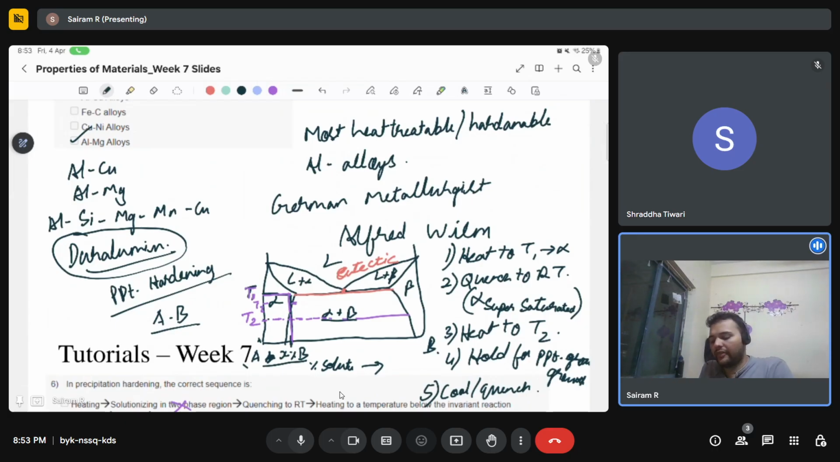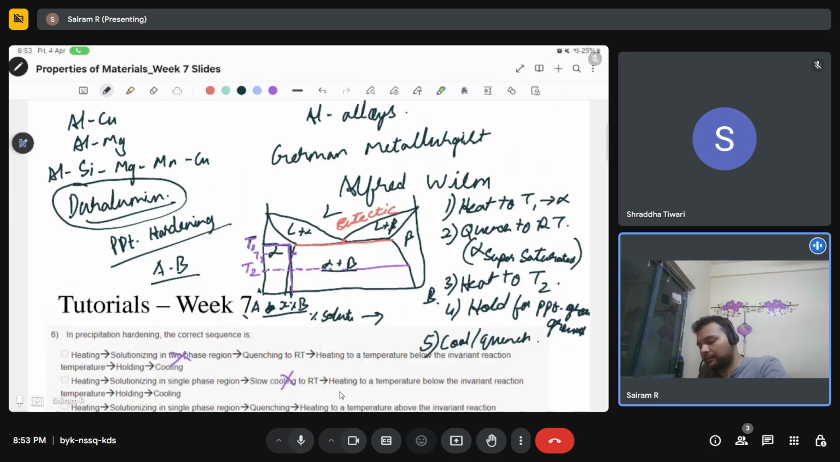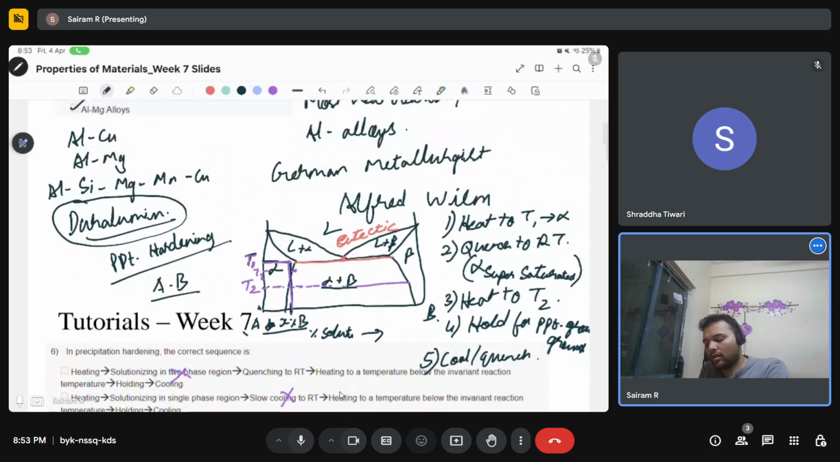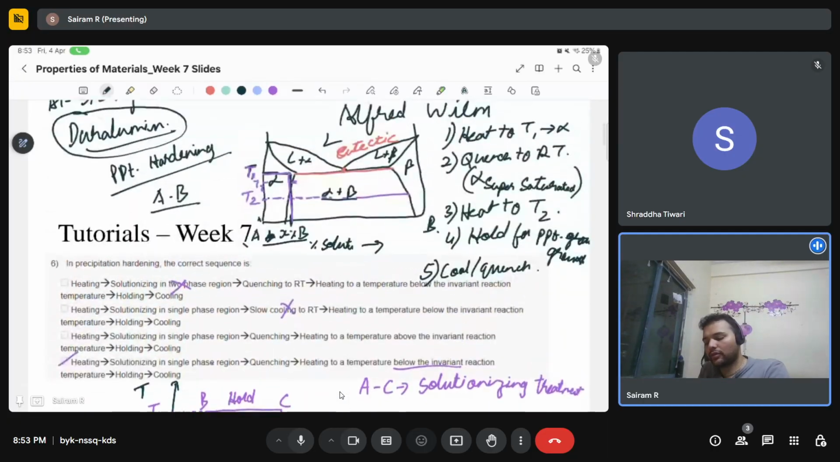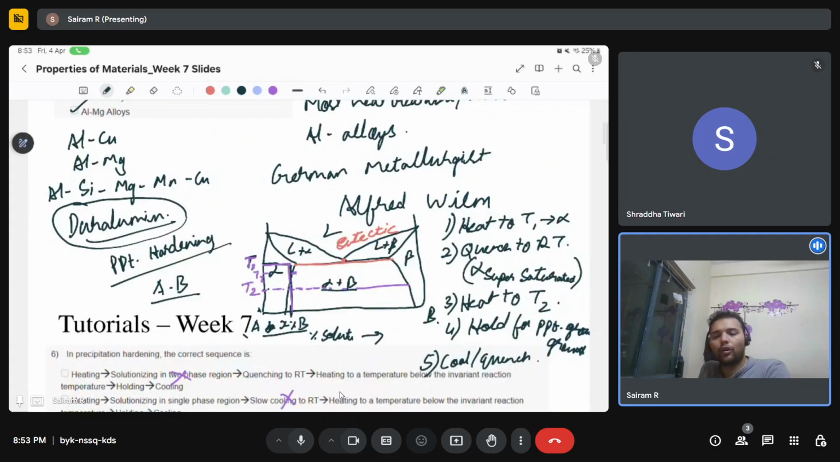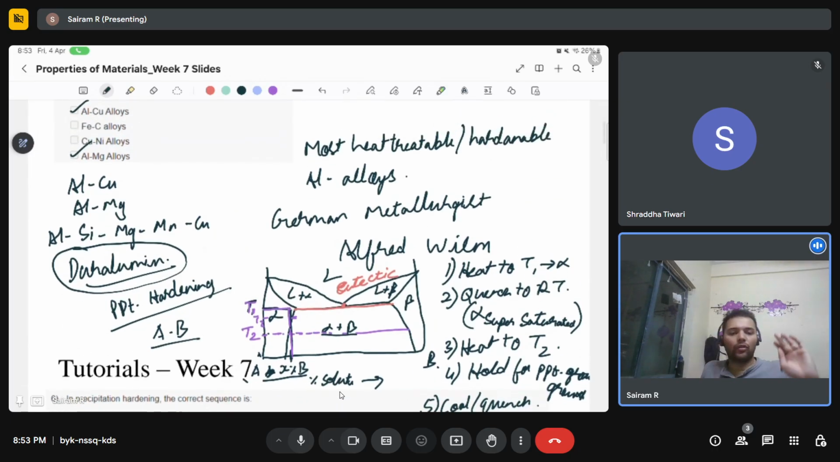Now we have a binary eutectic phase diagram over here. A B system, A moving towards B. What is happening here for me to be able to form the precipitates, and the precipitates should be of the right size. Even before I go any further into any of these topics, I really want to